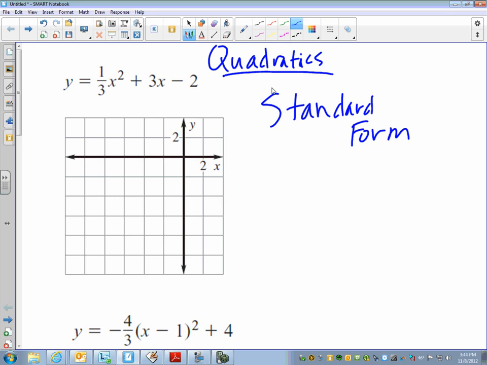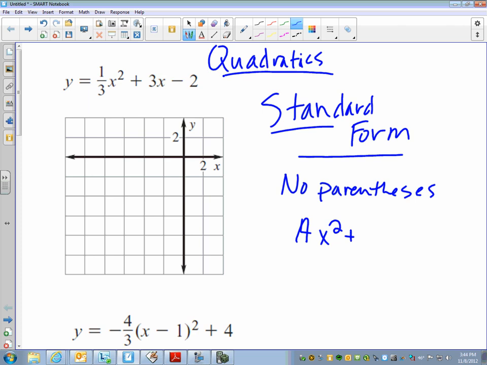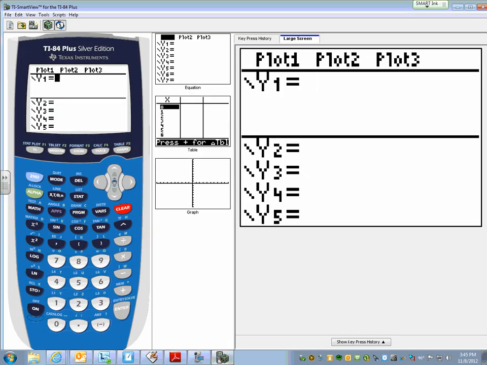Standard form has no parentheses, and it looks like ax squared plus bx plus c. That's how we know it's a quadratic. There's no parentheses, and it's got all those things. Whenever we see this, we should automatically think, boom, standard form, calculator. So we type in our calculator, 1/3 x squared